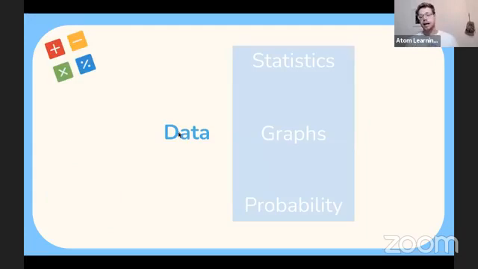So data, again, statistics, graphs, probability. In my experience, probability is the one that causes the most difficulty, because conceptually it's the most, I don't know, even I don't like probability questions now, and it's a long time since I've had to do 11 Plus questions. But data representation, so bar graphs, pie charts, line graphs, a little bit on extrapolating data or interpolating data. Those are the harder questions that you can expect to see.